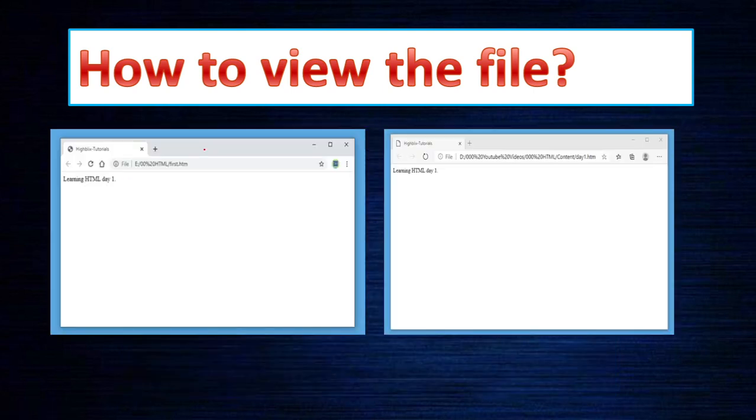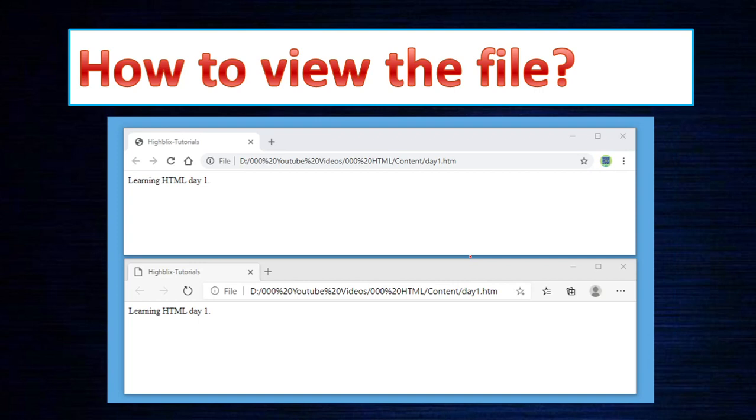In parallel I'm showing that the file which I have written is open in Chrome and in Edge. Chrome is from Google and Edge is from Microsoft. Once you open them, you can see the same thing in both browsers. The title is on the top, here also on top, and here is the content, here is the content. There is not much difference. You can see them vertically: the top one is Chrome and the bottom one is Edge. I'm just showing how it looks.